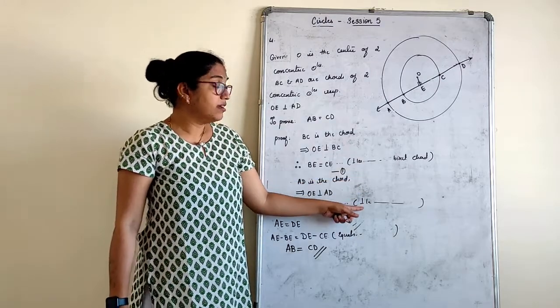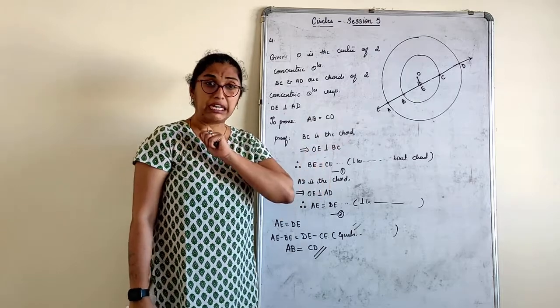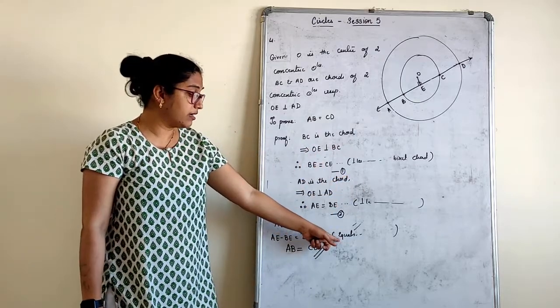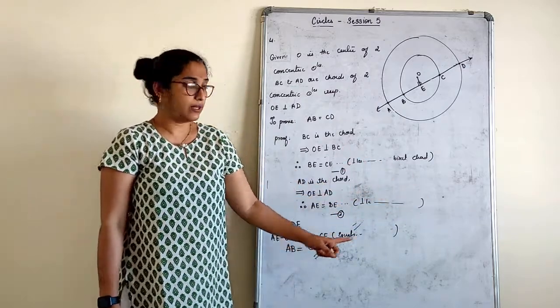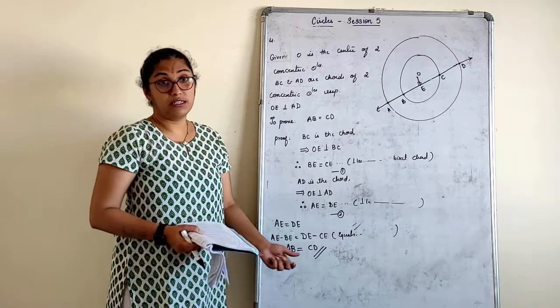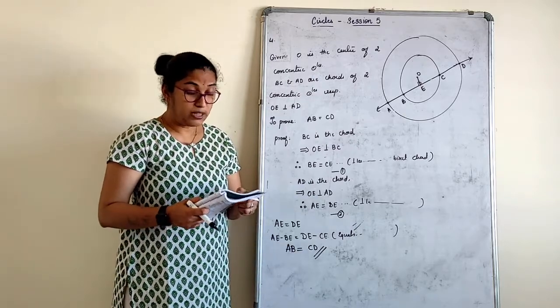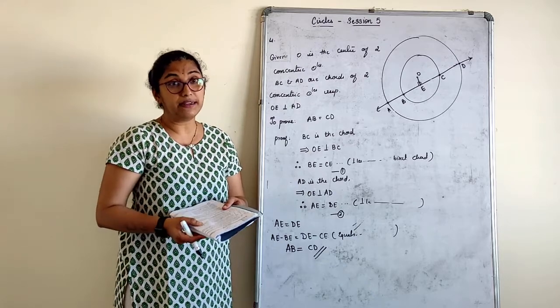Reason here, children, theorem: perpendicular drawn from the center to a chord bisects the chord. Clearly you have to write. Reason here: equals are removed from equals, the remainders are equal. Understood? Axioms is what you have to write here. So this completes the fourth sum. We'll start quickly with the fifth and sixth sum in this exercise and then we complete this exercise.